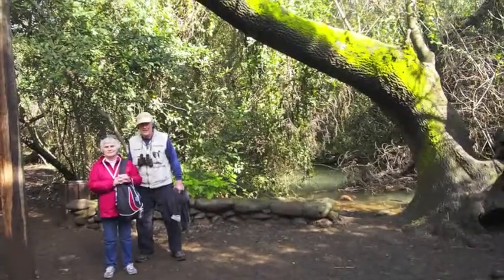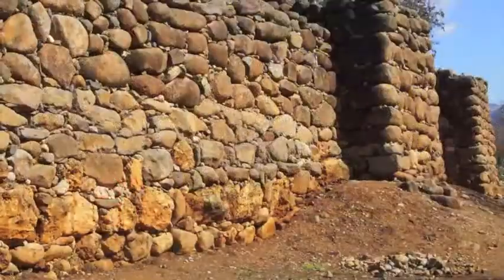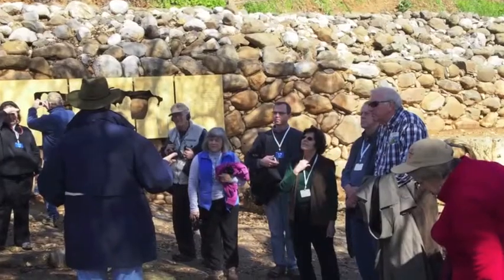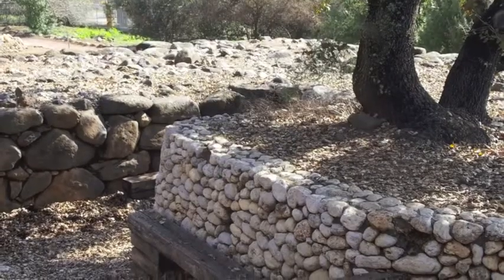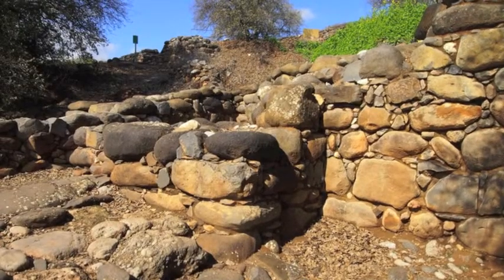The first thing we did was take a long hike along the River Dan, which is the largest spring in this area, and it feeds into the Jordan River. As we walked into the city of Dan, Dr. Luker pointed out how the walls were formed, and he particularly talked about the gates of Dan and how there were multiple gates that people would walk in, and this would be a way to protect the people within the